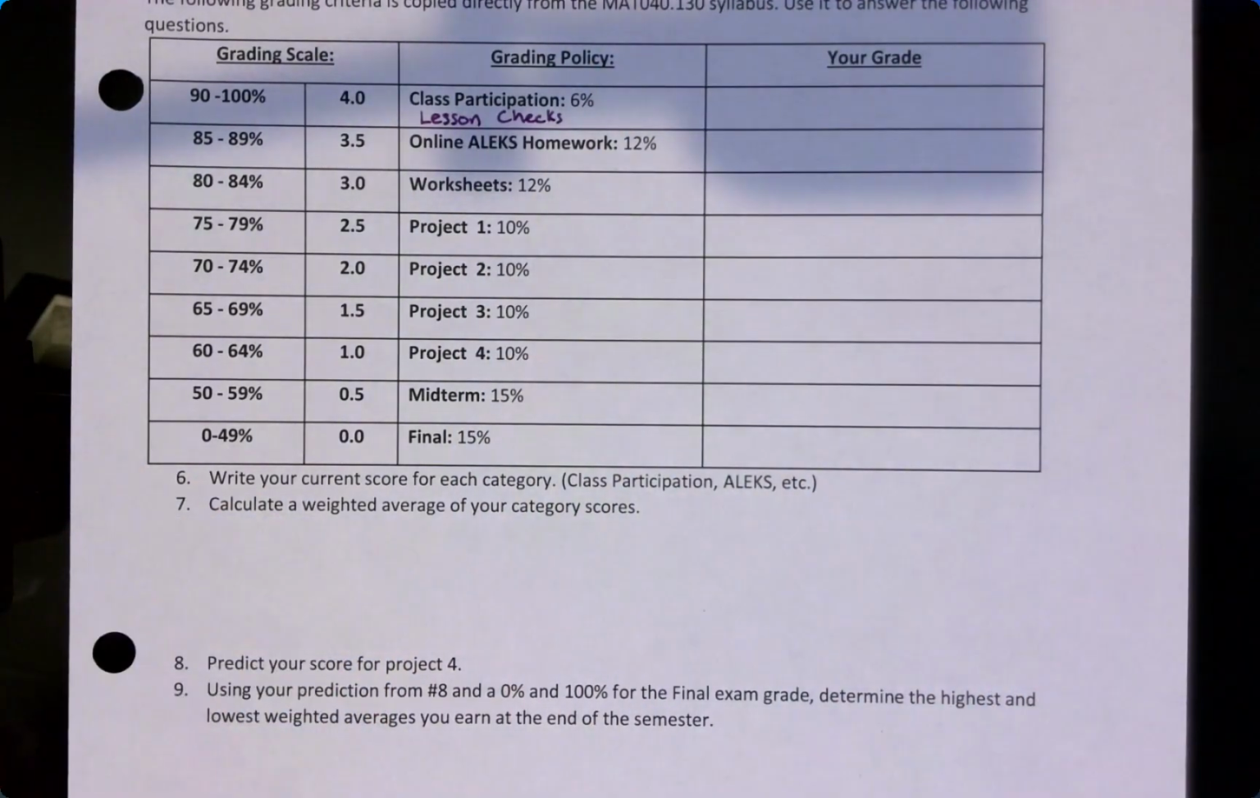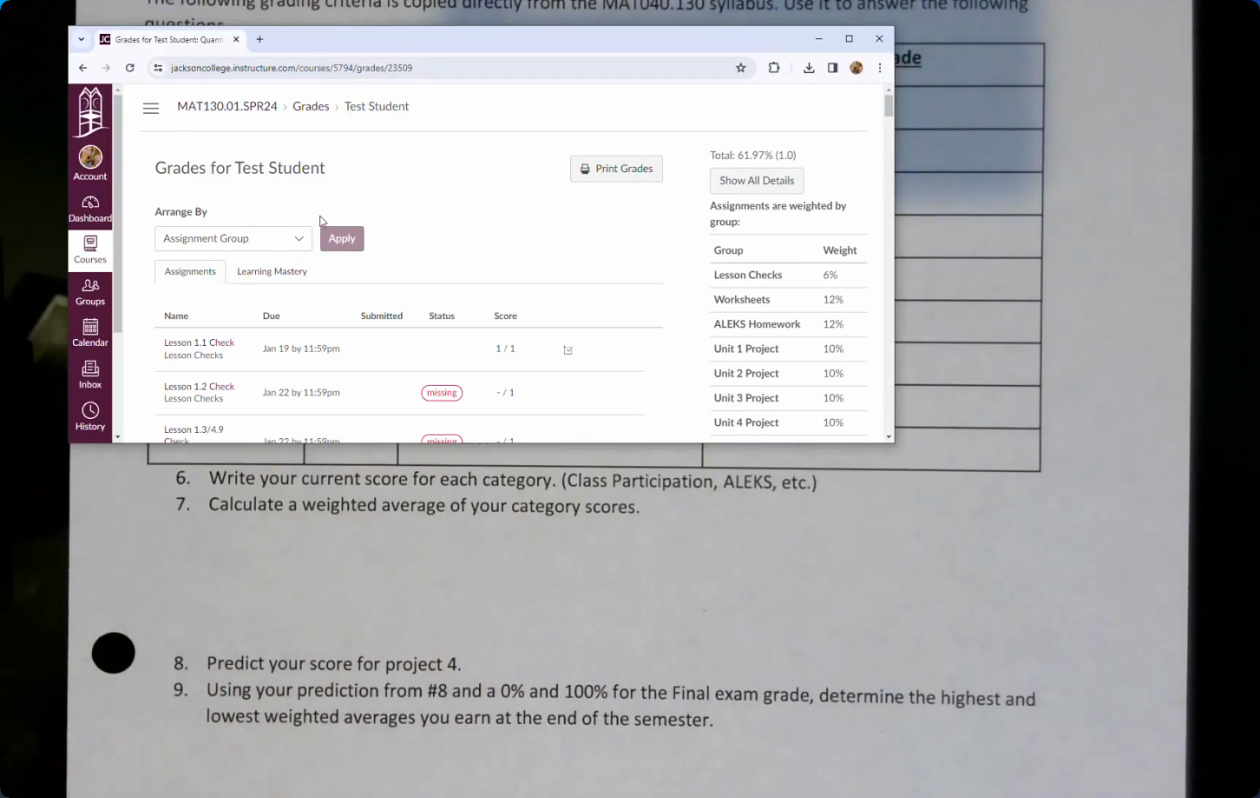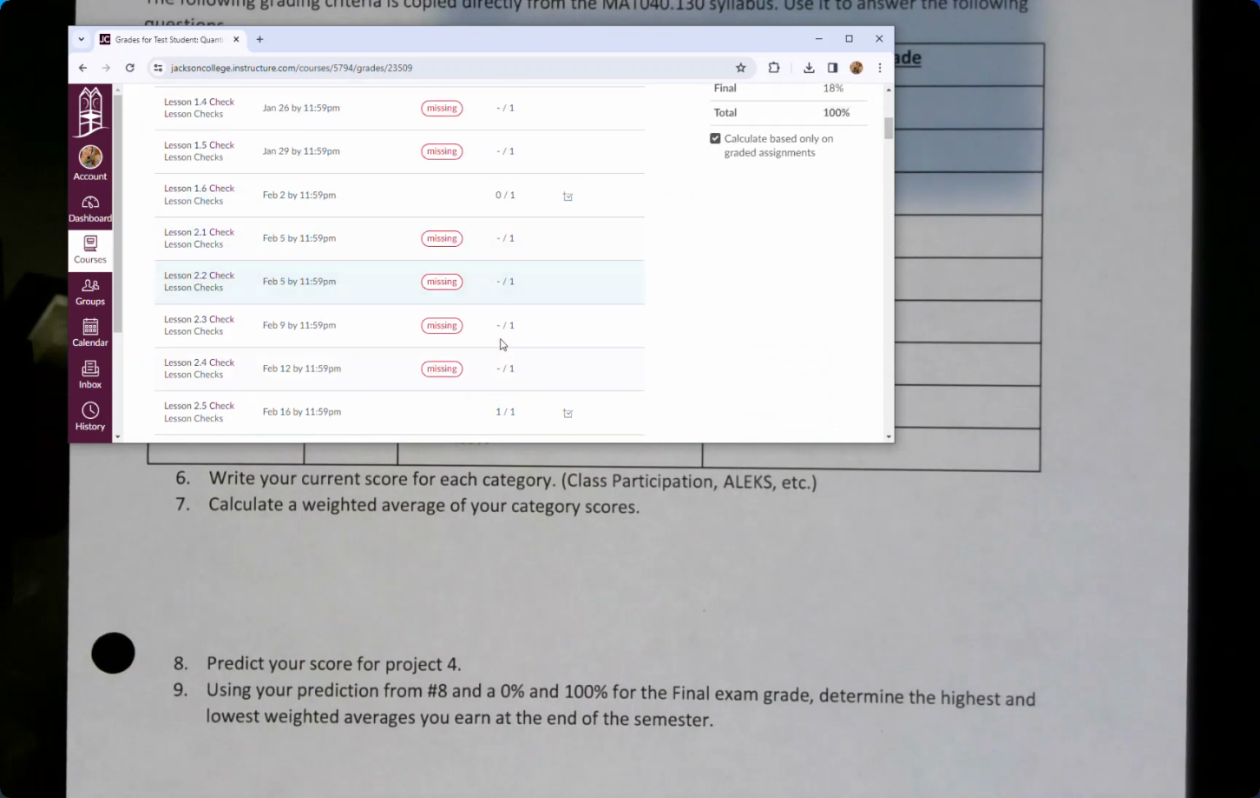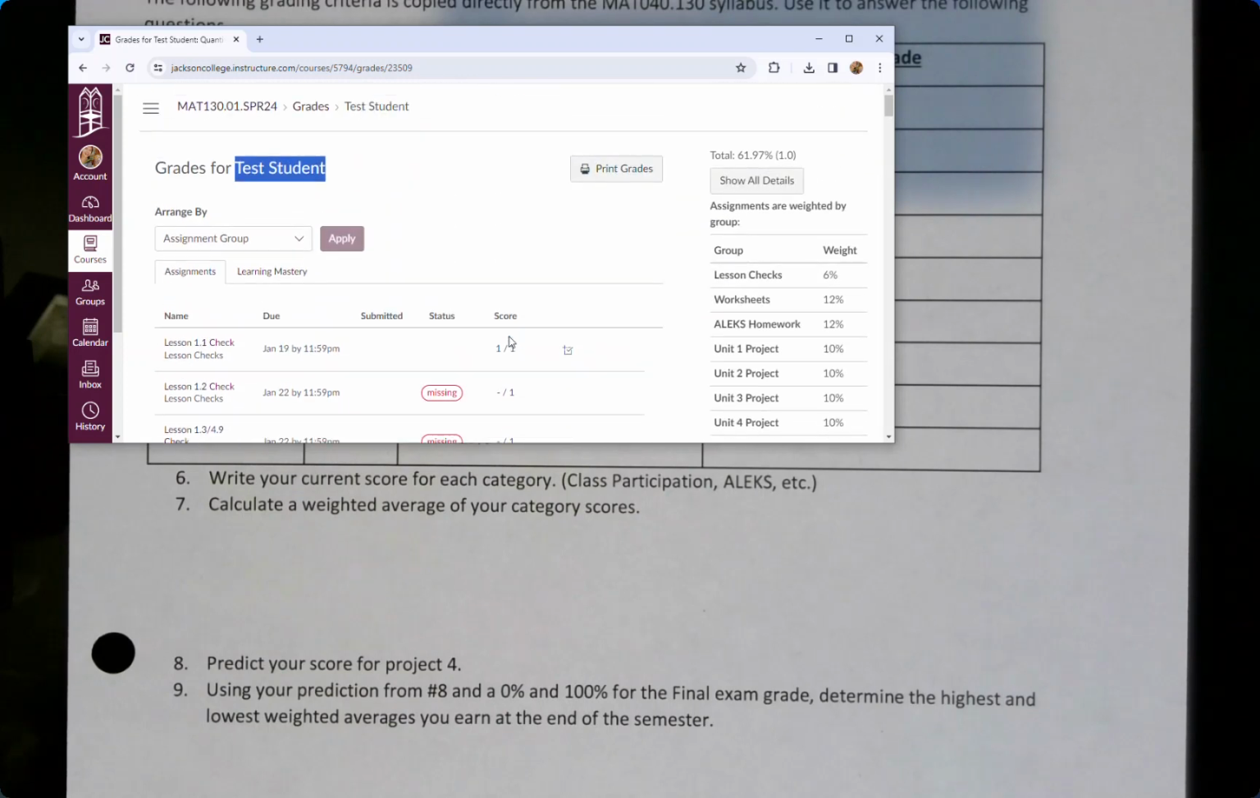So the first thing you'll need to do is go onto Canvas. I'm using a test student's scores right now, and I had to manually enter these scores. As you can see, I did not enter very many of them as I was making my sample here. So you'll use your actual scores. Before we look down to those scores, which will be at the bottom of the page,